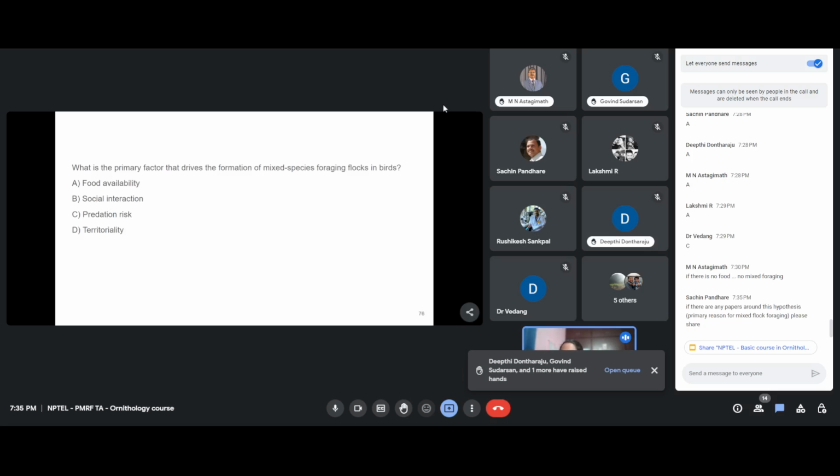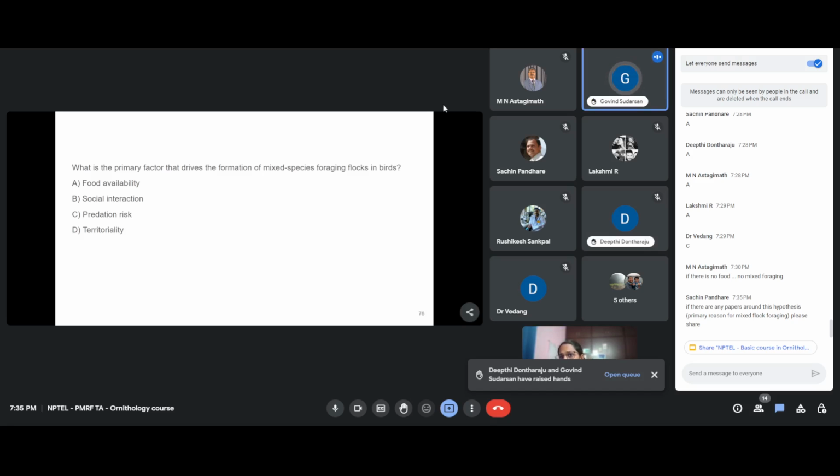Sure, Sachin. I just made this question up, but we can discuss papers on it. I think even one of the papers that Manjari had shared, we can probably discuss that. Sorry, Govind. So drongos, and then there are laughing thrushes that are the ground species, and then you have the sallying species like paradise flycatchers. So yeah, it's quite common, and you find flocks with drongos and minivets, nuthatches. It's quite common.